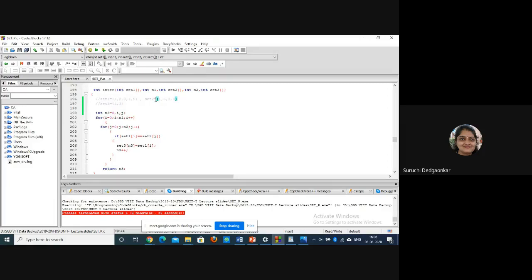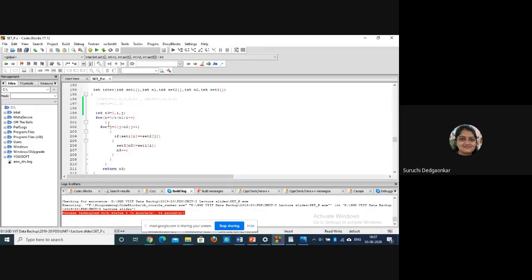Similarly for elements 3, 4, 5. All the elements we will take one by one and compare with all the elements of set 2. That's why we are using nested loops here. We are not using parallel loops. We are using nested loops because for every element of set 1 we want to compare with every element of set 2. So i equal to 0 to n1.